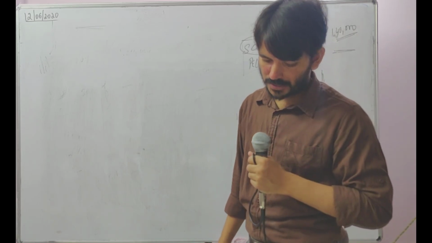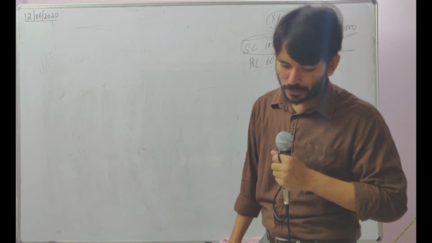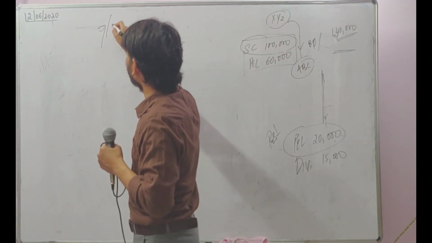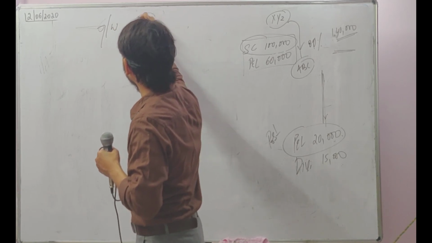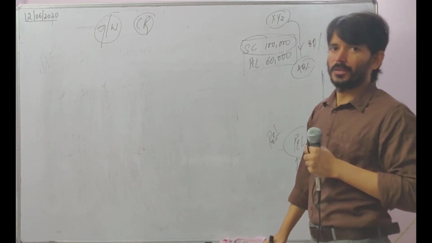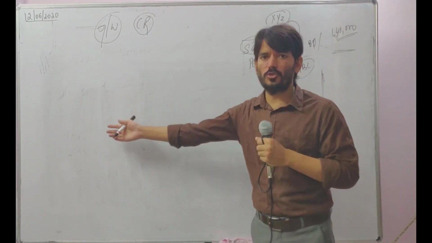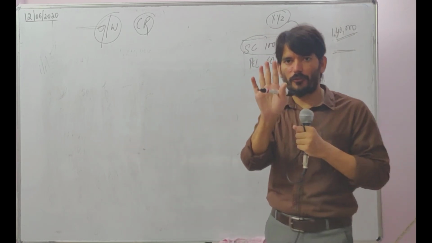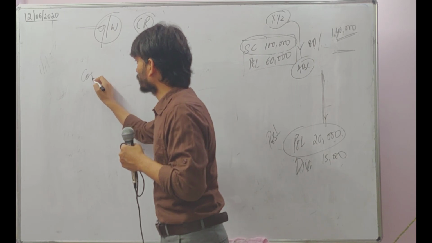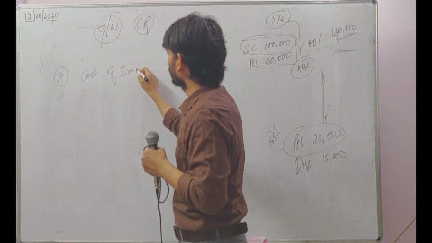Also, he's requesting, please check whether there should be any goodwill or capital reserve at the date of acquisition. Should there be any goodwill or capital reserve? That's the question, right? How do we do that? In the last two problems we have done the same thing. There is a format kind of a thing I have given you. Apply the same format. Cost of A, cost of investment.